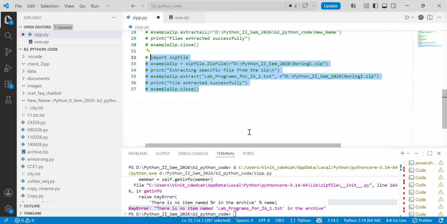So this you have done. Now the next task is, what I'll do here, I will append. I will perform the